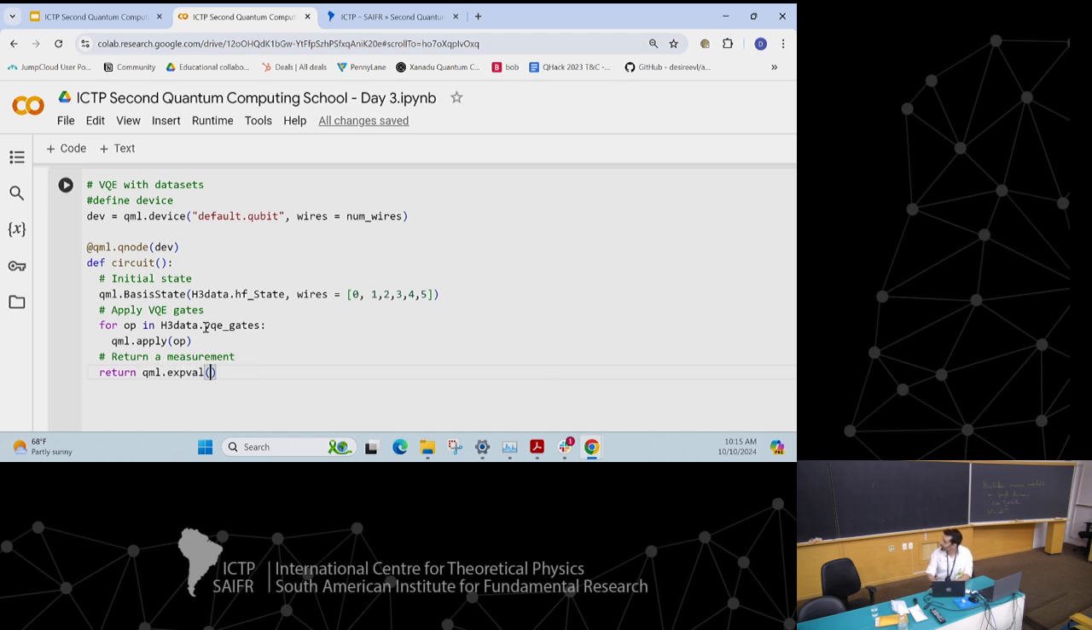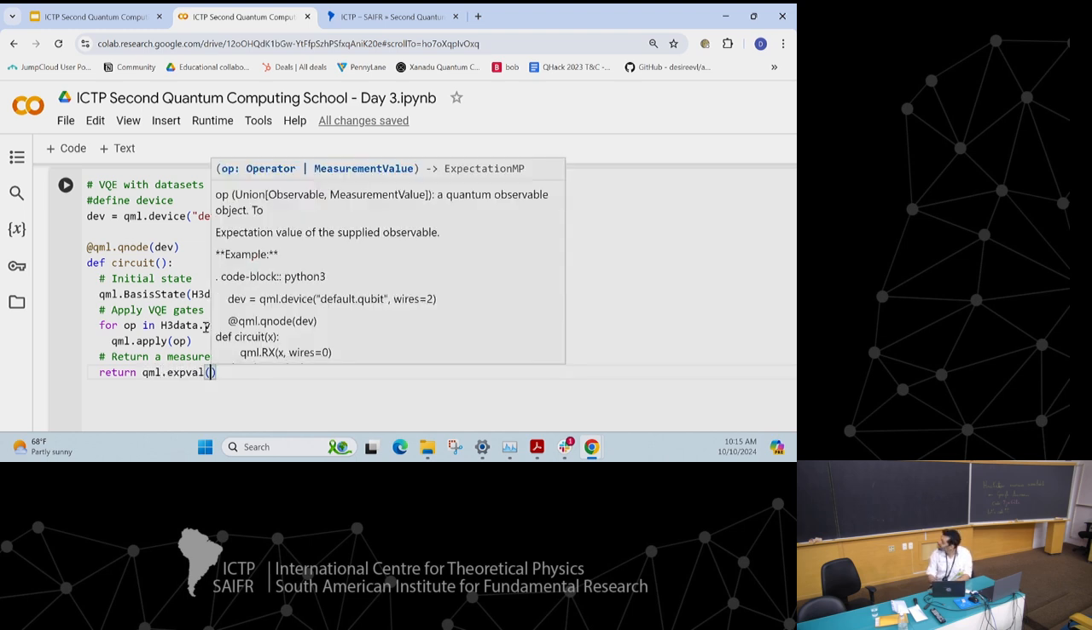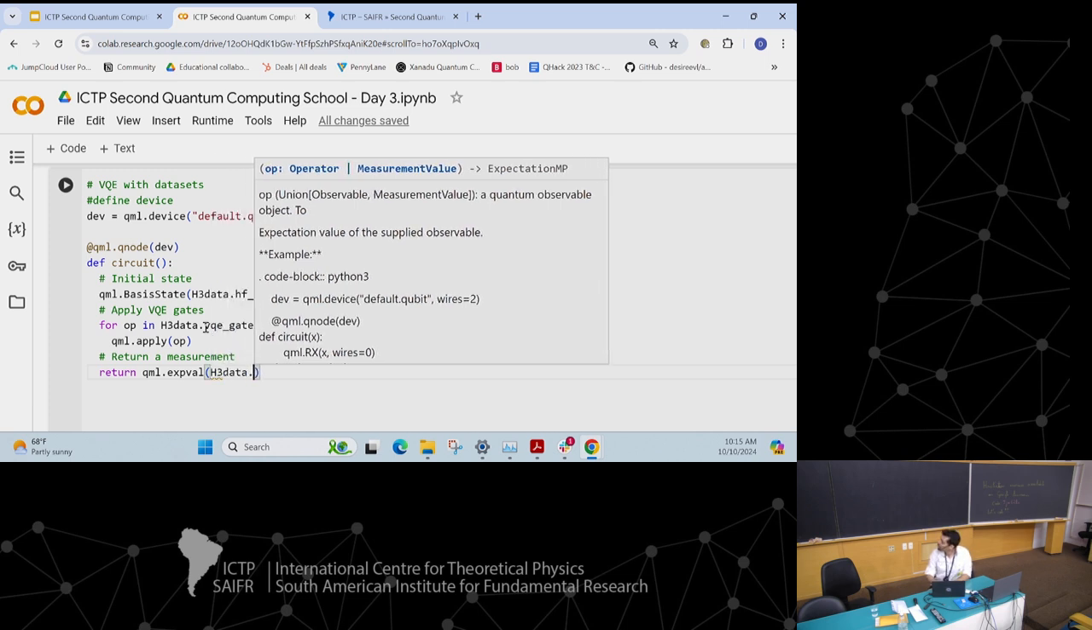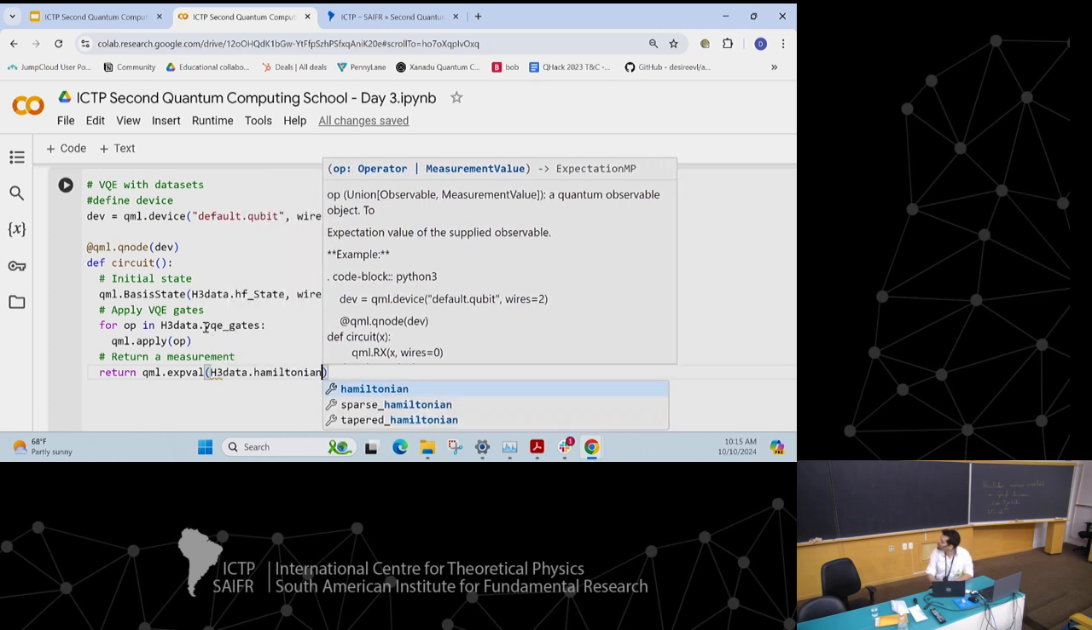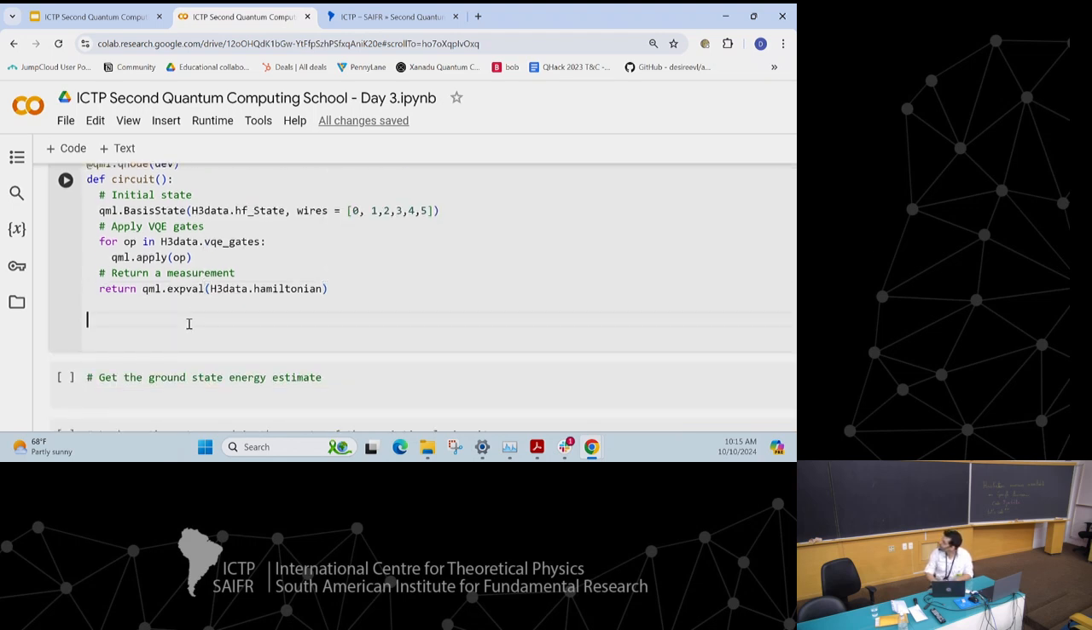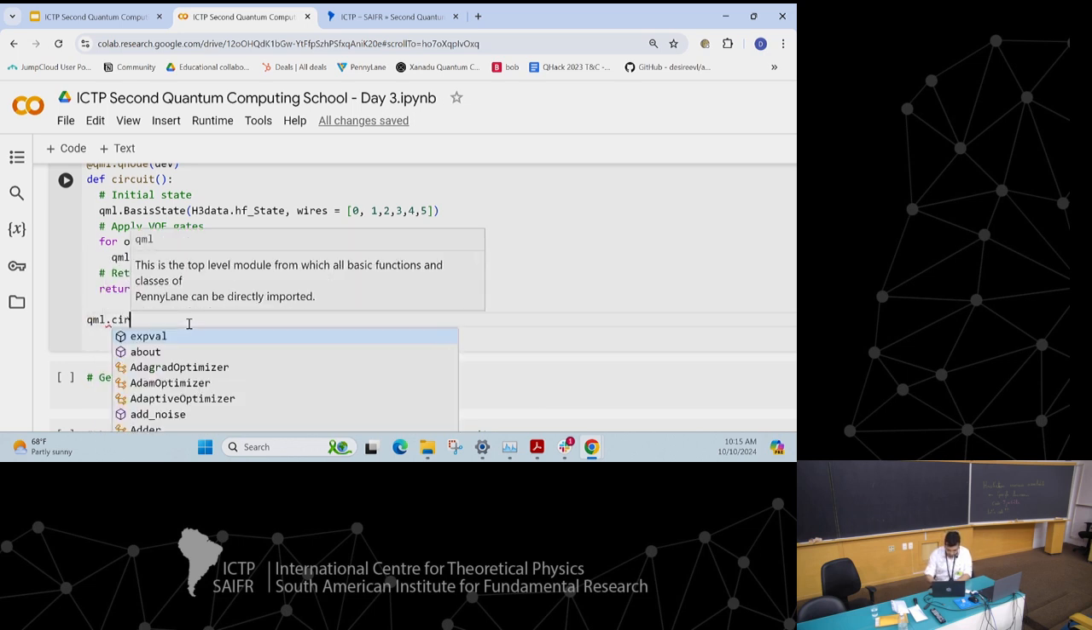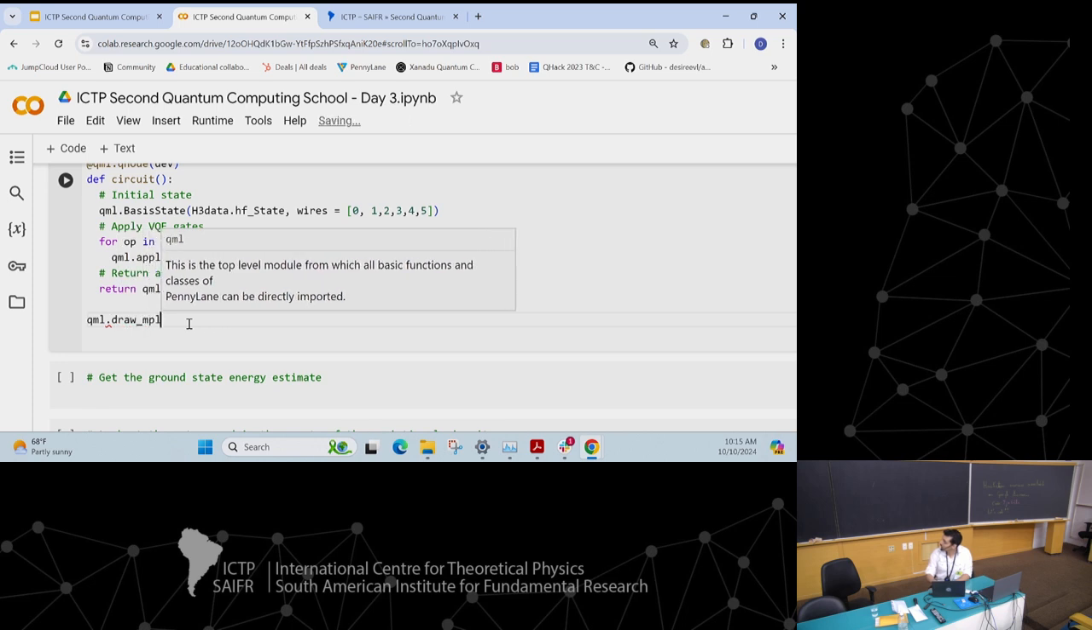So we're pretending like we're trying to estimate the ground state energy. Okay, and to give you an idea of what the optimized circuit looks like,